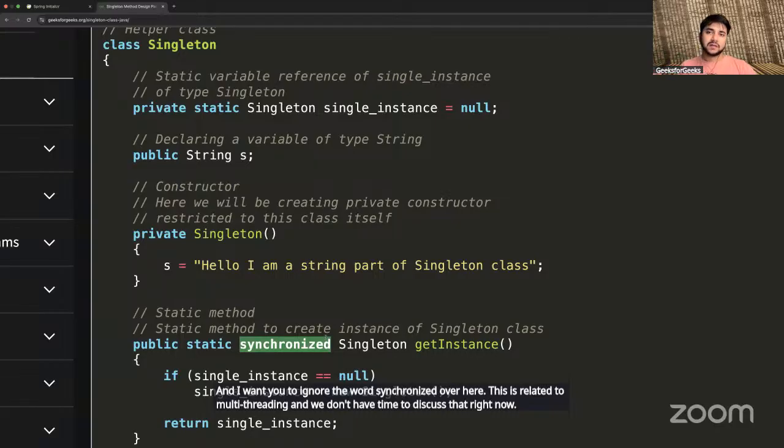Okay. In Java, also in other programming languages, we have a concept called singleton. What is the meaning of singleton? A class is called a singleton class if and only if at any point in time there can exist only one object of that class. That is, we can have not more than one object of that class.